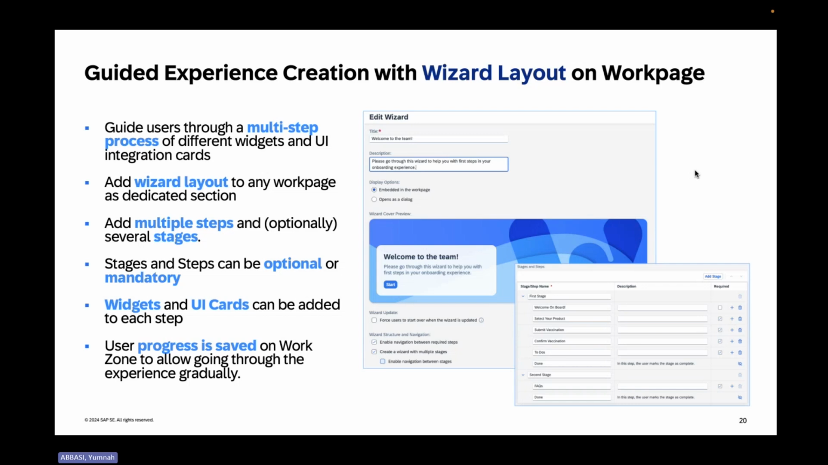And in this Work Zone wizard layout, as you go forward, it is gradually saving the progress that you're doing. So you do not have to do everything in one setting. If you're talking about the example of onboarding, you can come back to it later in the next days. So you will see how and what can be done around this in just a few seconds as I go